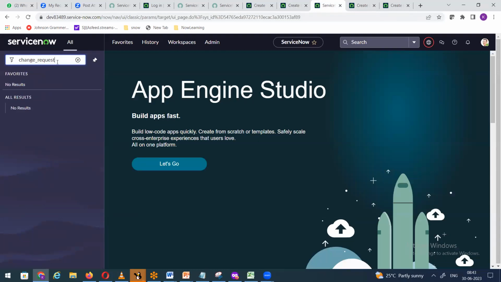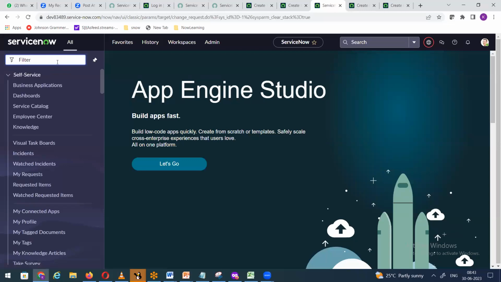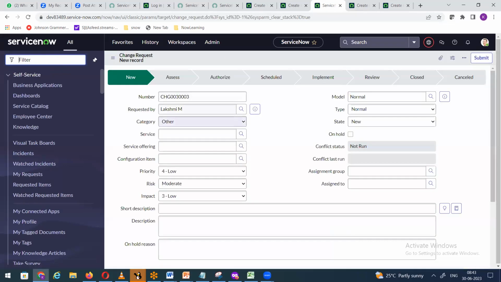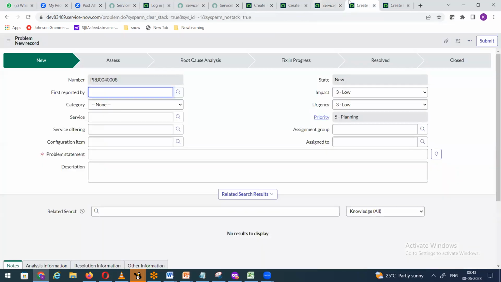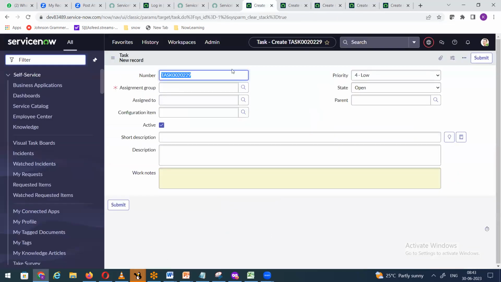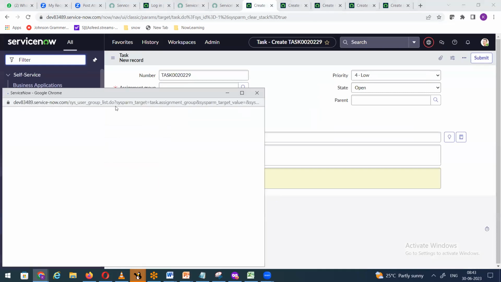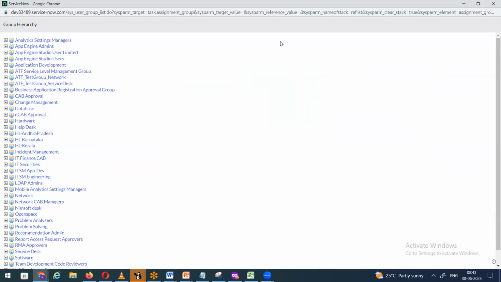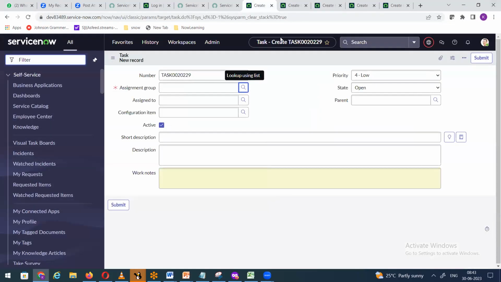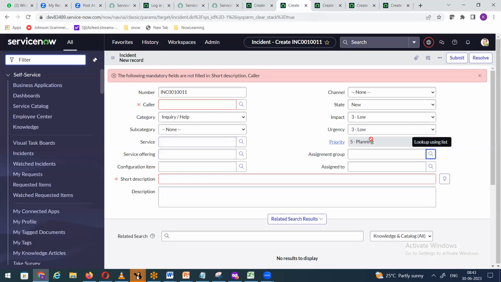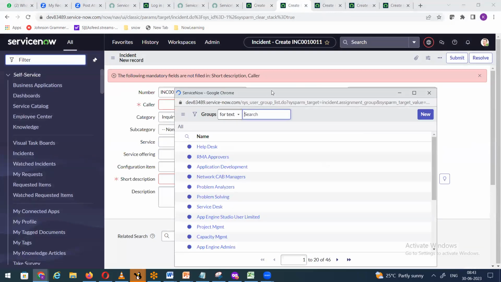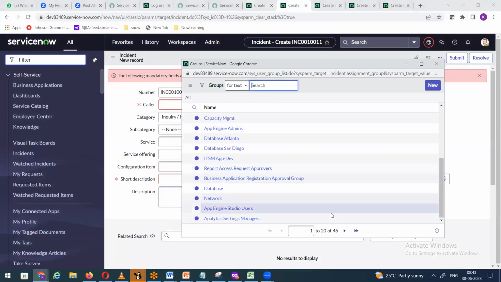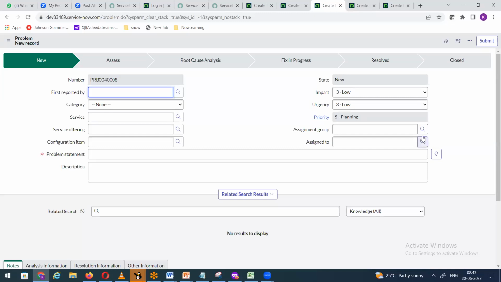Change request. So this is problem. You can see on the task, I am getting all the groups including HL. On the incident form, I am getting all the groups excluding HL, only 46. And on the problem, I am getting